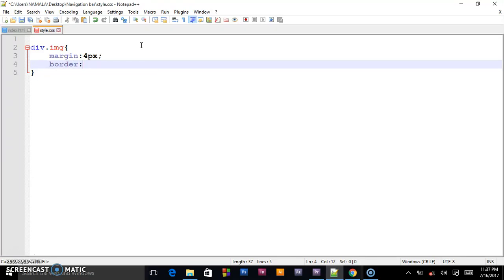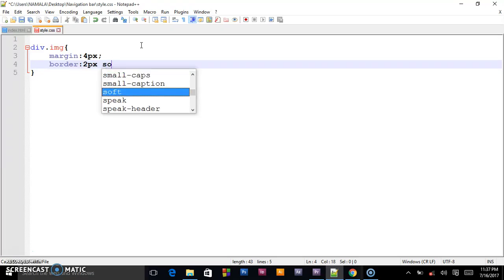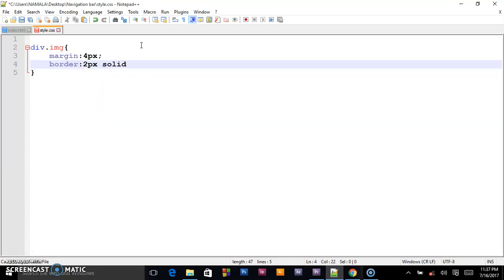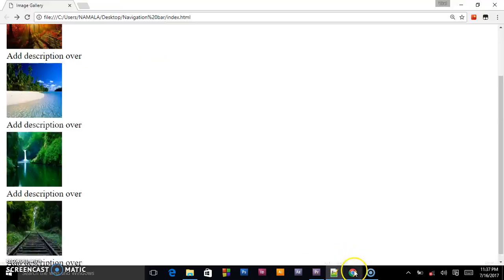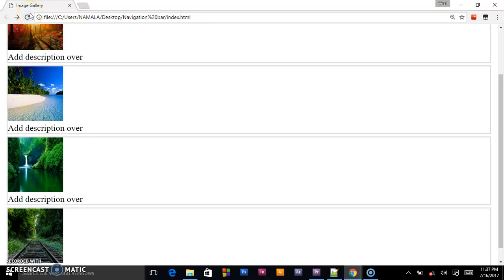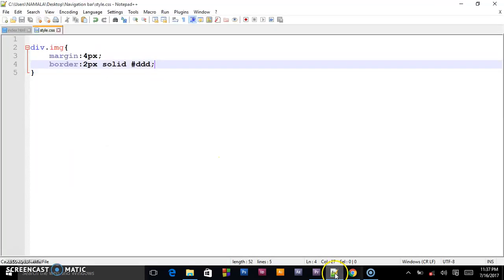We shall give it 2 pixels, solid gray, some gray color. When we refresh, we must be able to see this gray color, those boxes, and it's too wide,